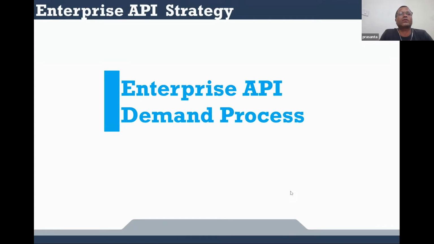We are going to discuss the platform strategy as well as the enterprise API demand process. Why that API demand process? How is it relevant to a product manager or a product leader? We'll cover it slowly in the next 20 minutes. It will be a smooth ride, and we'll cover the roller coaster journey of the enterprise API demand process for